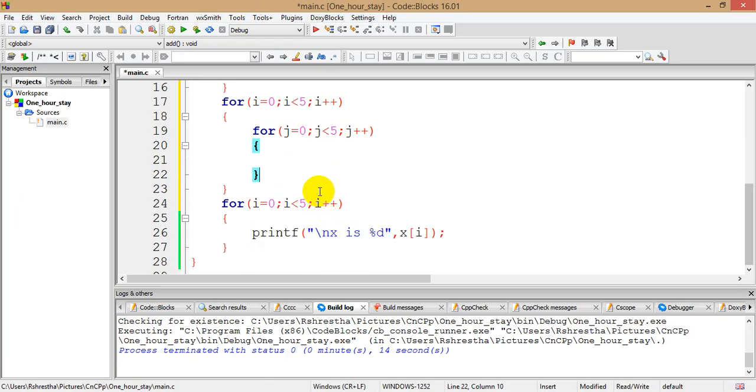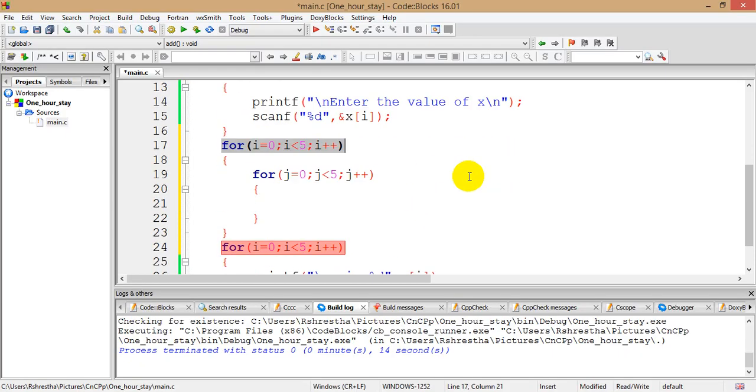So whenever we need to do the sorting, one way to handle the sorting would be by doing something like this. For i equals 0, i is less than 5, i plus plus, just like the normal case where we have taken 5 user inputs. Then let's try to handle it in a more efficient way. j equals i plus 1, that is, we are going to implement the selection sort. If x[i] is less than